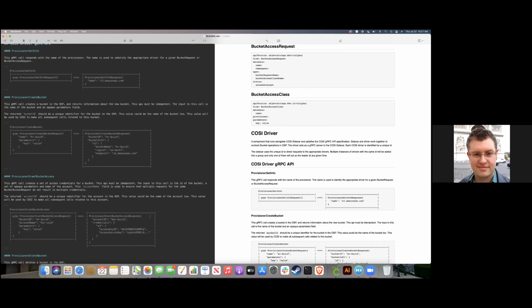So what you're saying is that essentially in S3, the bucket name is just a protocol required field because S3 requires you to provide it when you access a bucket. So there's the Cozy level bucket name that gets passed in from the sidecar, which the driver is free to ignore or to use as the actual bucket name if it wants.